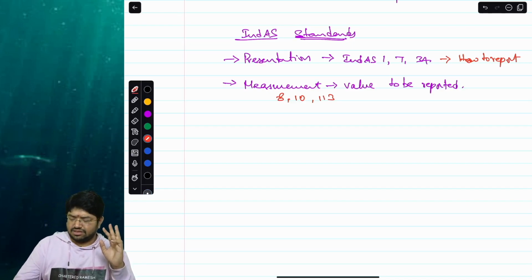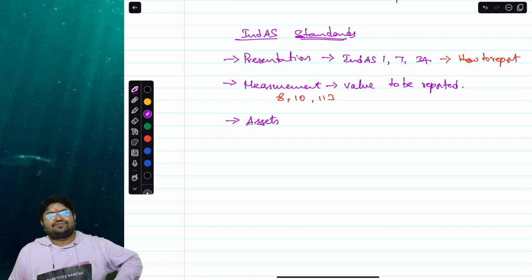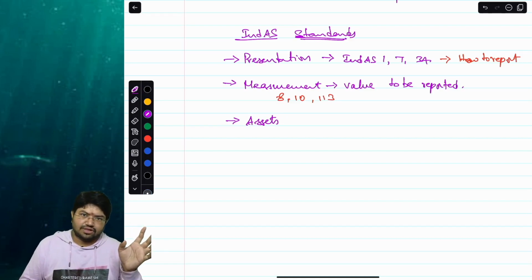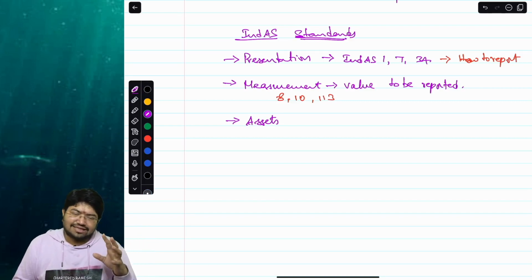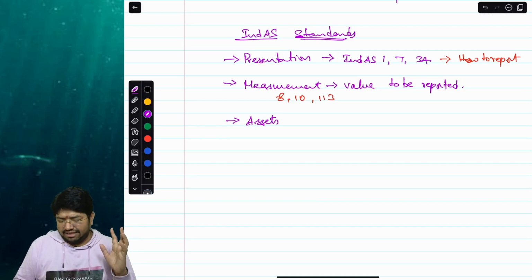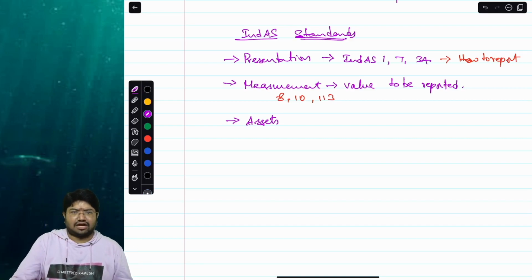The third is with respect to assets, including financial instruments. When I say assets, there are current assets and non-current assets. In your non-current assets category, there are assets which are tangible and assets which are intangible. Then there is how these tangible and intangible assets should be impaired in case there is any impairment to be done. So there are varieties of standards mentioned under the assets category.